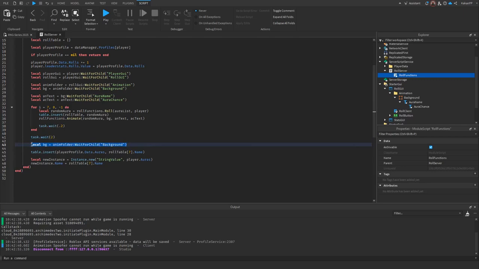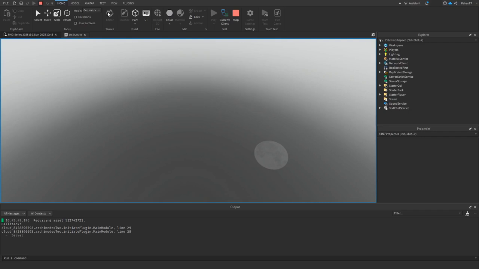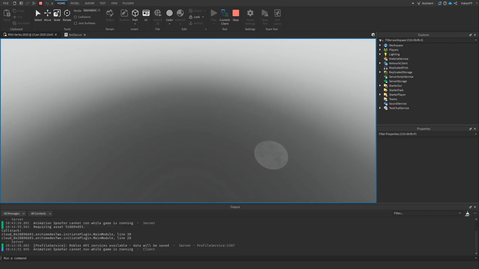And we're going to say bg.Visible equals false, like this. So if we go ahead and play now, we will roll 7 times, then if we wait 2 seconds, and then it will